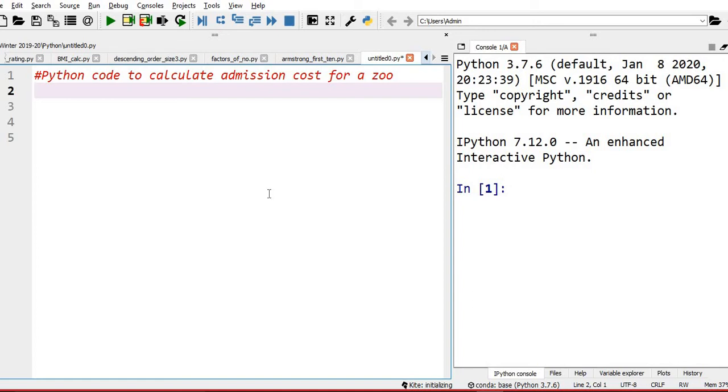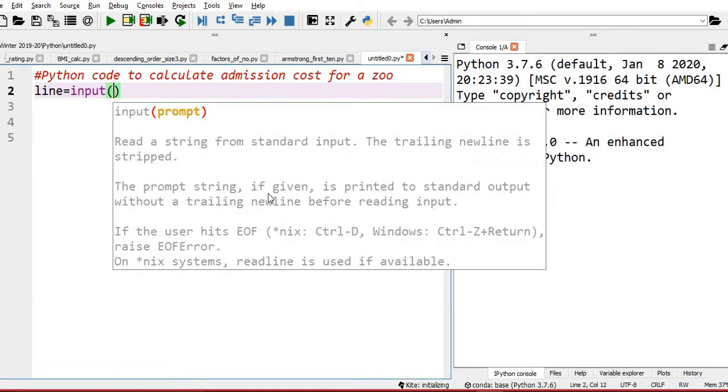Some variable, say for example line. I'll say why I am using line and why I am not using age directly. Input: enter the age of the guest.